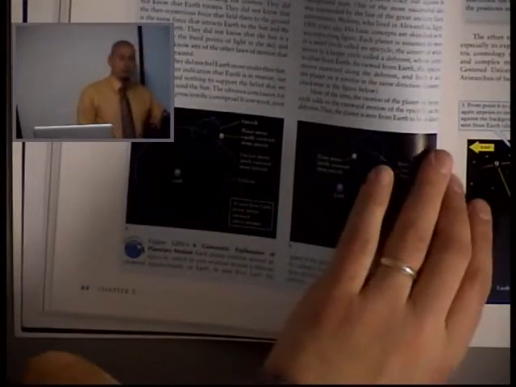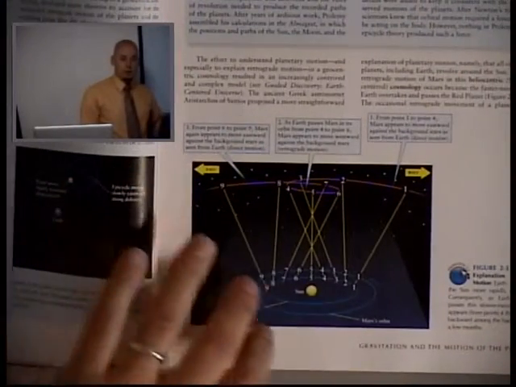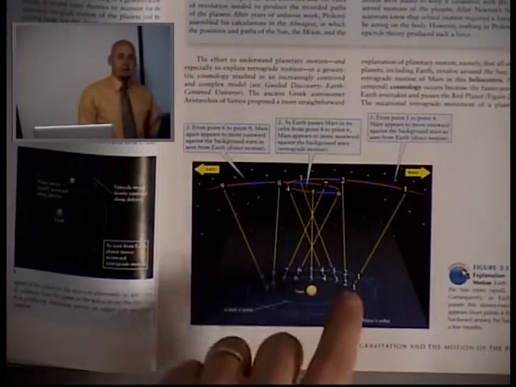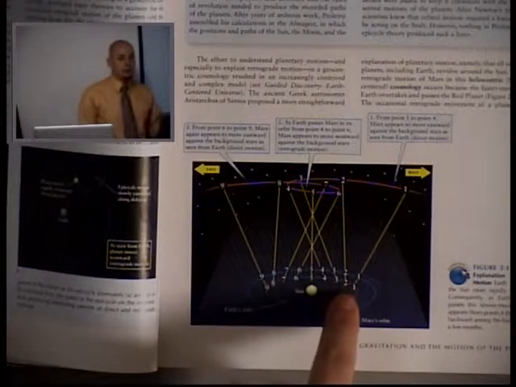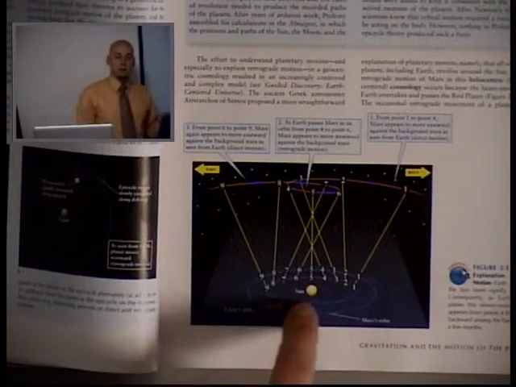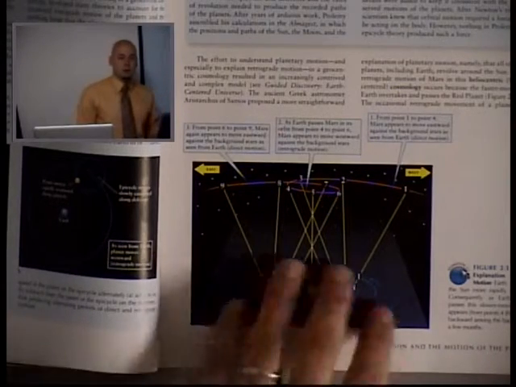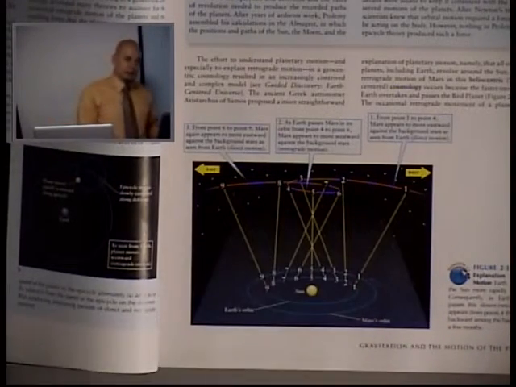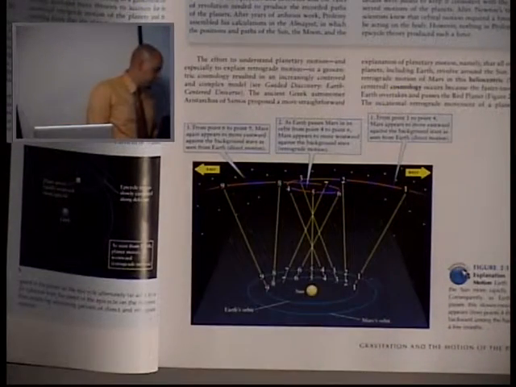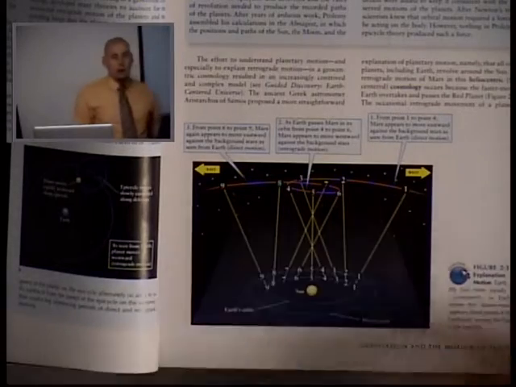And it wouldn't be until really the Renaissance era that we would start to change our understanding of how this works by saying, no, it's not an epicycle. It's that the Earth is not the center, that the Earth is going around, the Earth is moving as well as everything else. And so that changes our perspective. And so they show you this nicely on page 45 explaining this motion. Now, why does all of this matter? Because all of this was the beginning of our change in our understanding of how the universe works.